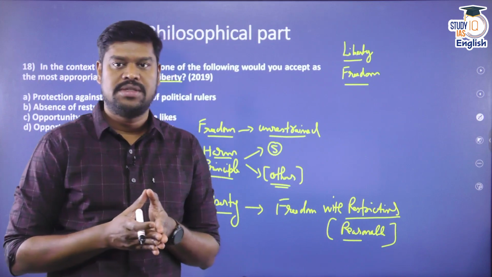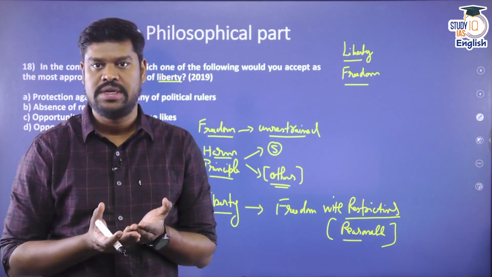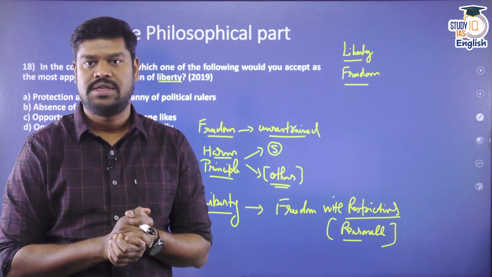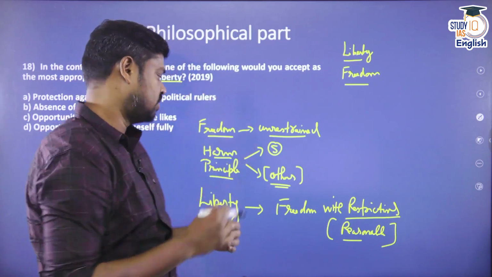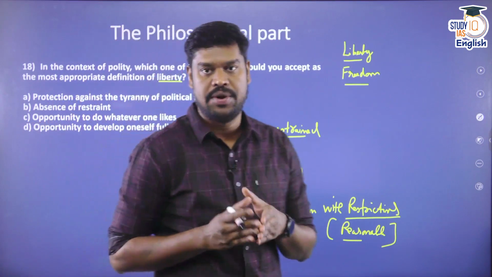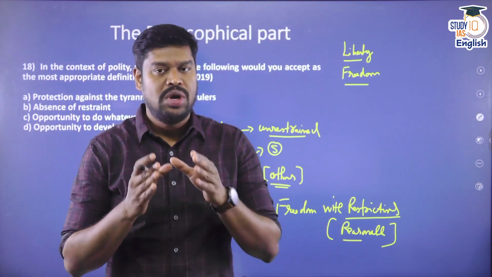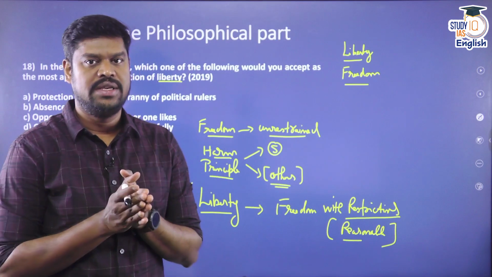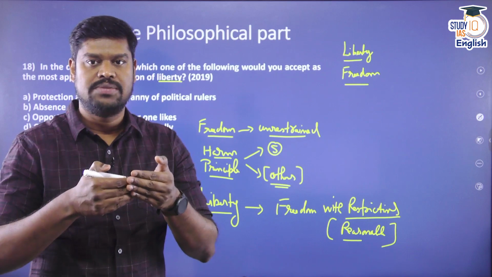So liberty also comes with a certain set of freedom to an individual, but that freedom is not unrestricted. It is restricted; it comes with a reasonable restriction. This is what we have to understand by the word liberty. Now, liberty is what is guaranteed to the citizens of our country. Why is liberty guaranteed? Because liberty always comes with reasonable restrictions.